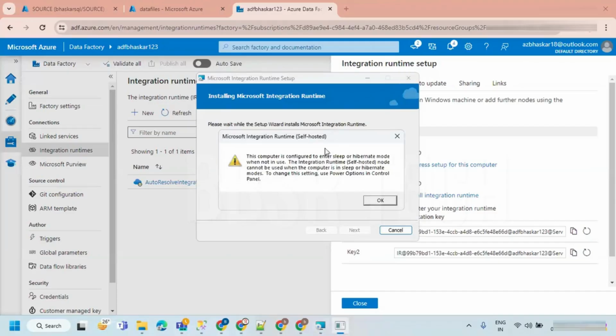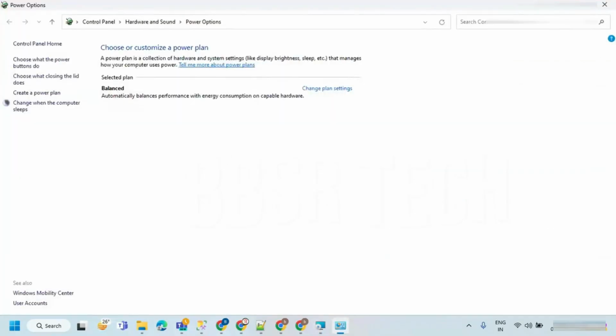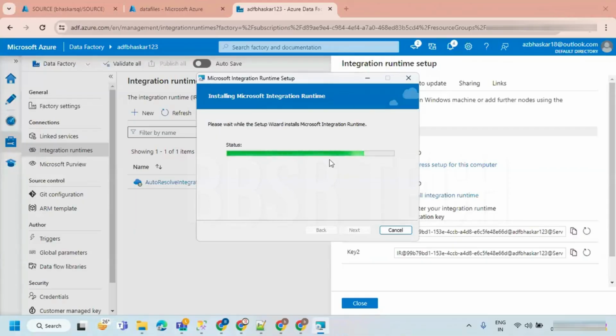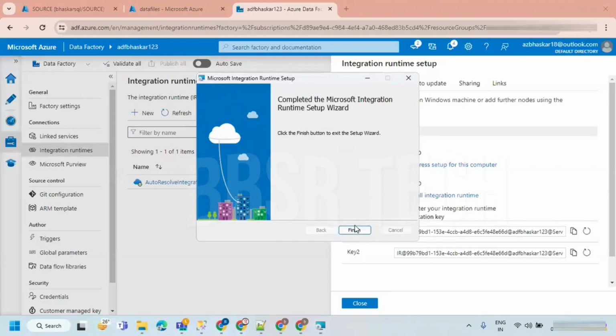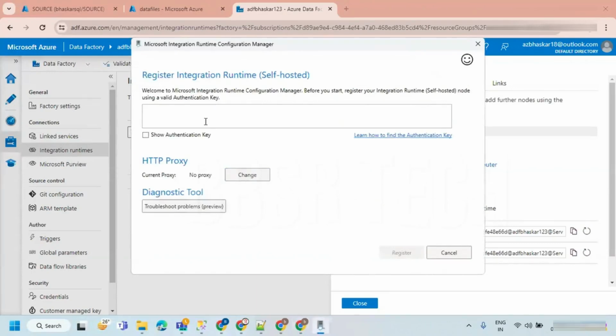It is asking to keep your system available 24/7 to use this, otherwise you cannot use the server. Let's hit OK, that is fine, just a warning message. Let's hit finish. Let's say yes.